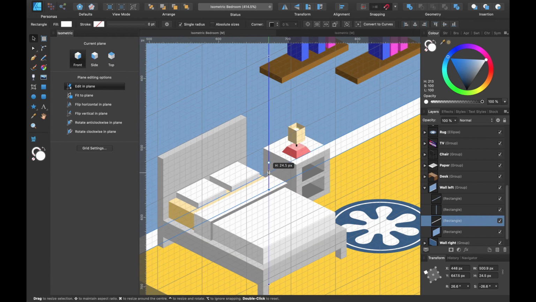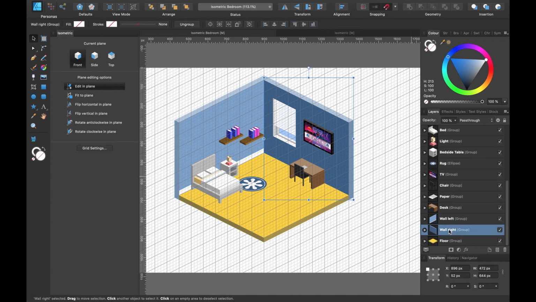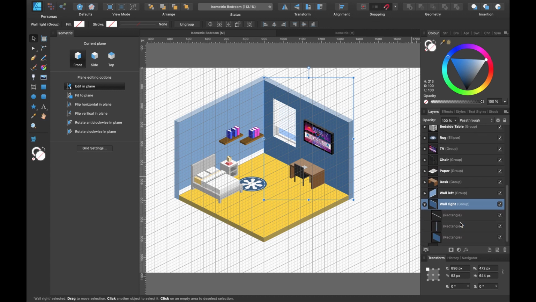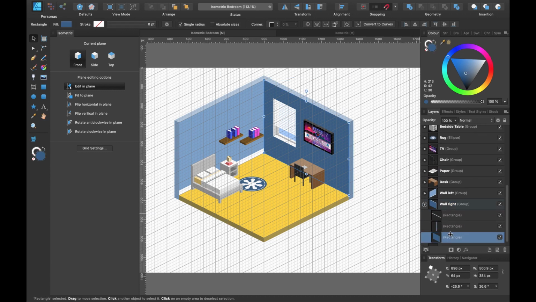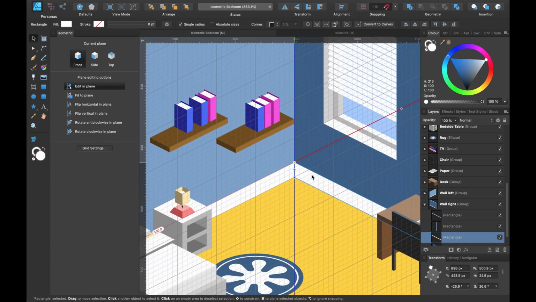I'm just going to press Command C on that to copy that. I'm going to close that wall and open the other wall. I'm going to click on the same layer of that wall and press Command V. That's just going to copy that into there. You can see it's still over here, but I'll just flip it around and drag it across. You can see it's within that shape. I'll just zoom in and snap it in place.